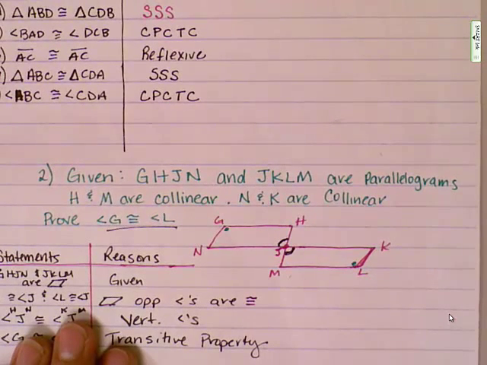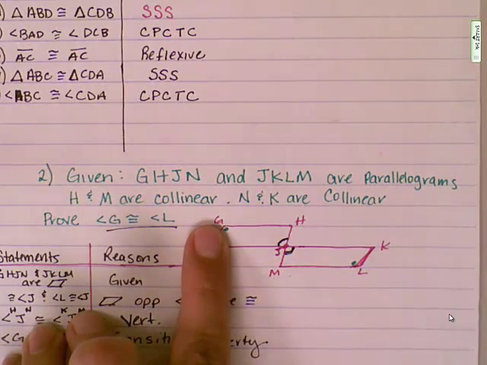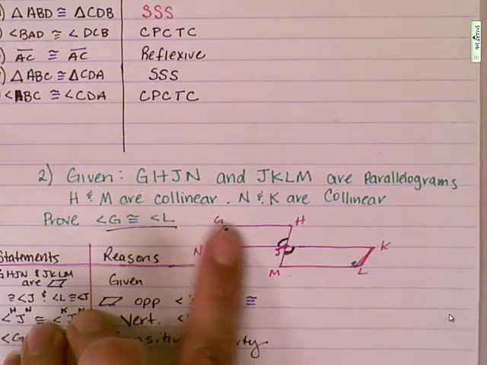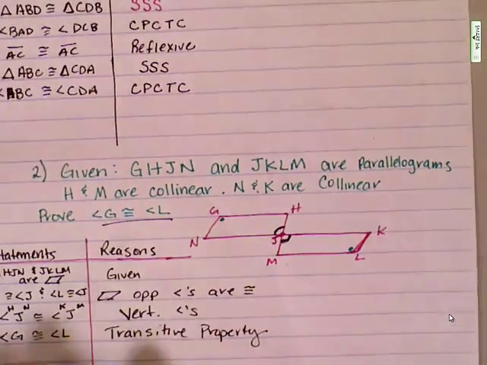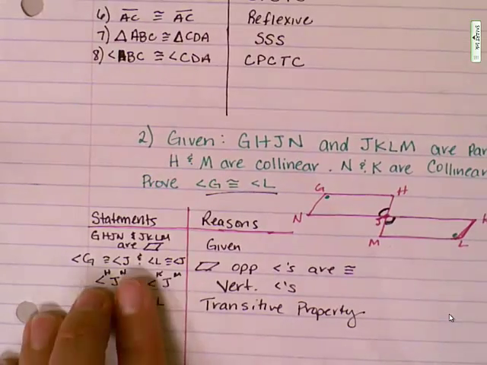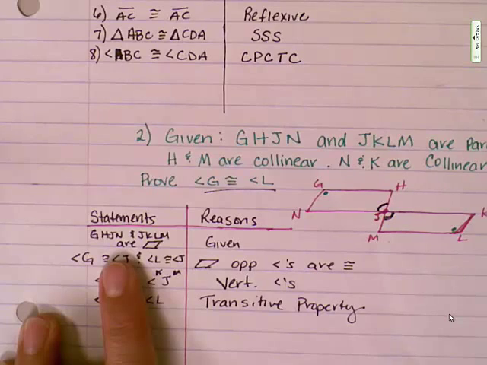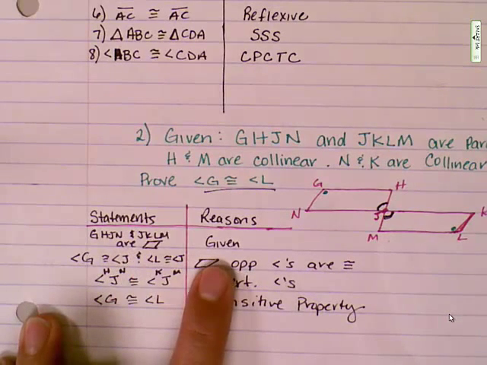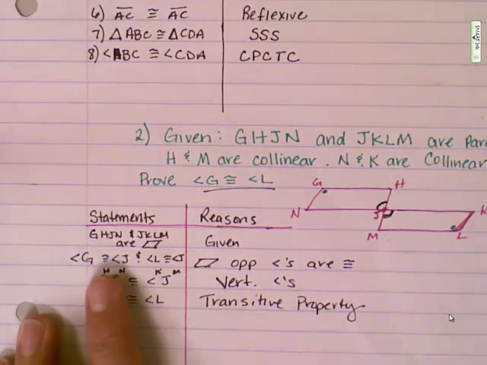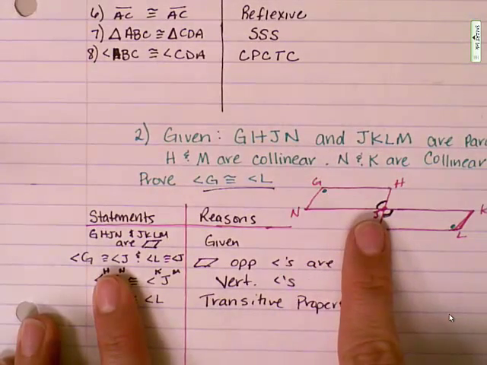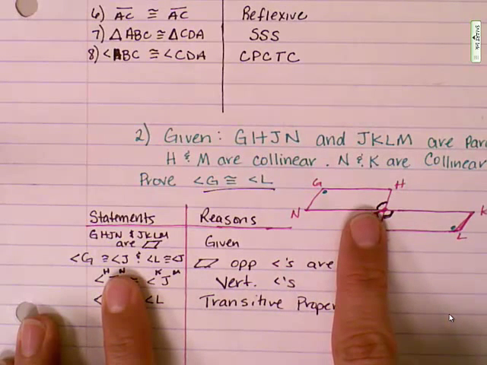It wants us to prove that angle G, which belongs to this parallelogram over here, is congruent to angle L, which belongs to the other parallelogram. So the first thing we do is we address what is given to us. And what's given is that GHJN and JKLM are parallelograms. That's our only piece of given information. We also know that angle G and angle J, right here, and that really should be NJH to talk about this angle right there,